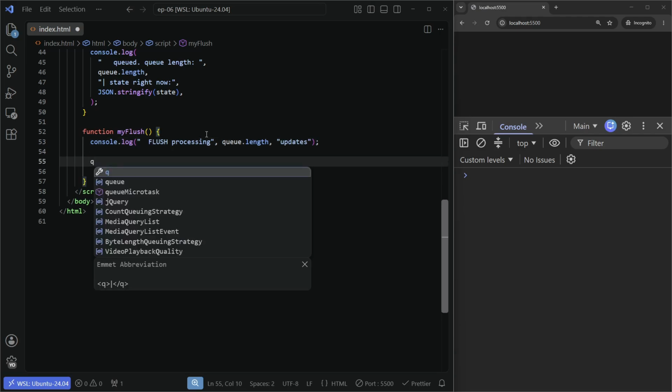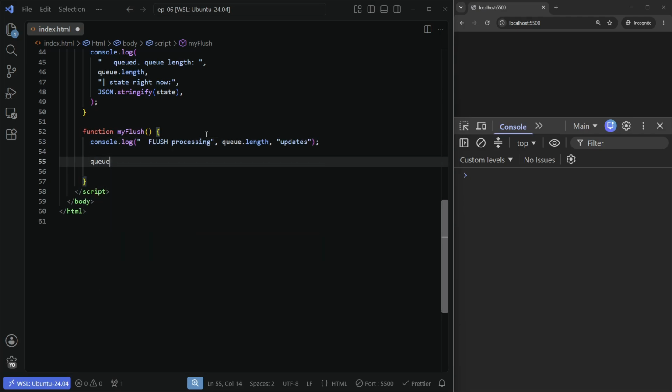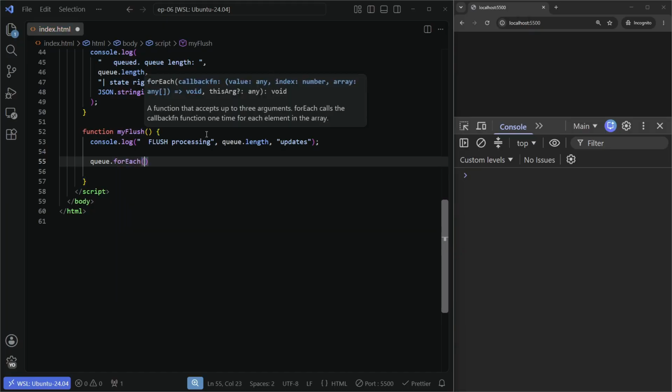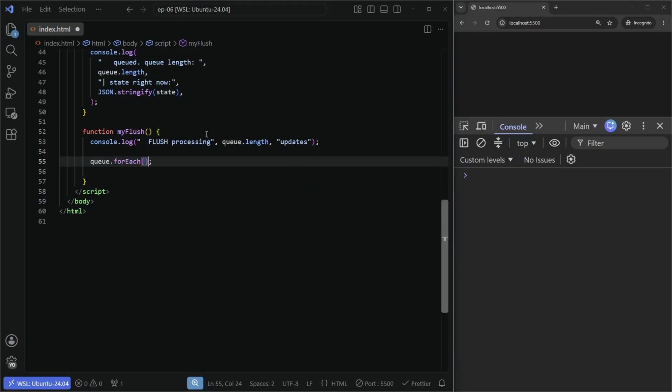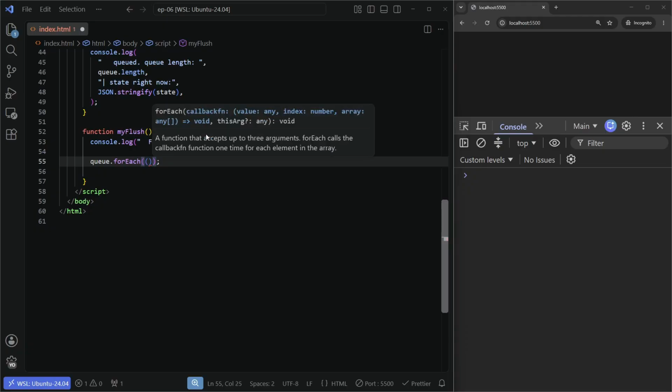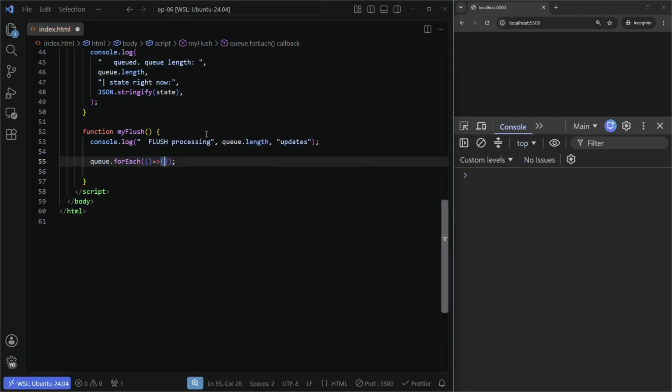Then we loop through the queue, and a callback function inside the queue. So for each element in the queue,